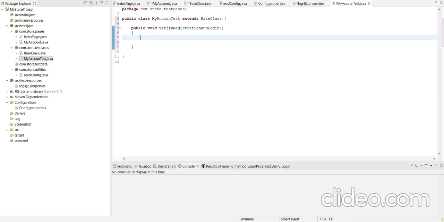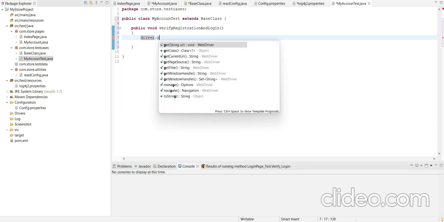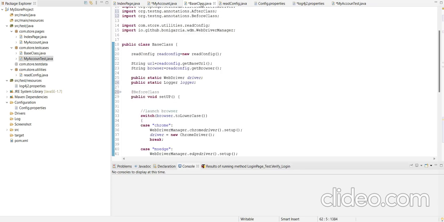Now we write the test case for that. To launch the URL, we use driver.get, and here the URL. This URL came from the base class, string URL, get base URL.